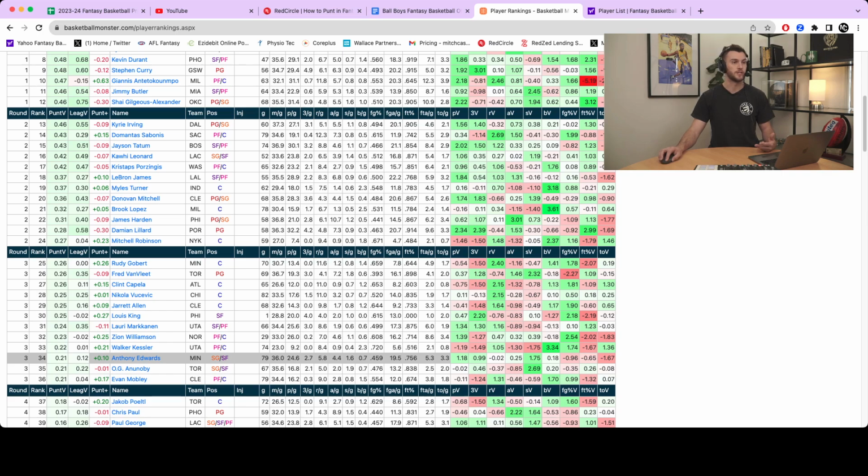I need to get those steals up because Giannis's steals were pretty poor last season. I can take a hit to my field goal percentage because Giannis carries me a little bit more in that type of scenario. Maybe now I'm looking more towards a punt free throw percentage and turnover build because, okay, I've got 3.3 here, I've got 3.9 there. So in the next round, if I need to continue to build up my points and my threes, I might look at someone like a LeBron James. Maybe he's there. He's going to score more and give me some more assists and threes instead of going for someone like a Walker Kessler or a Claxton or someone like that.